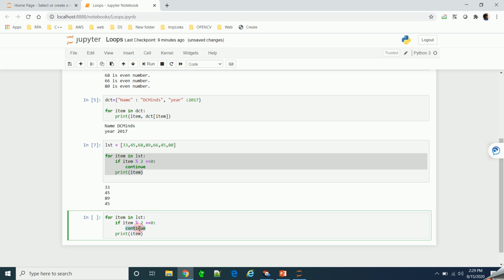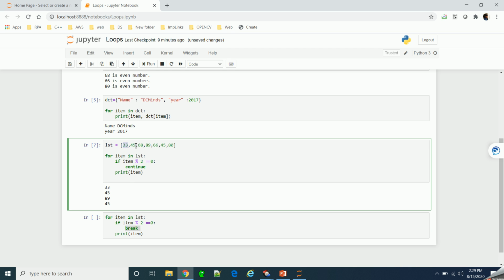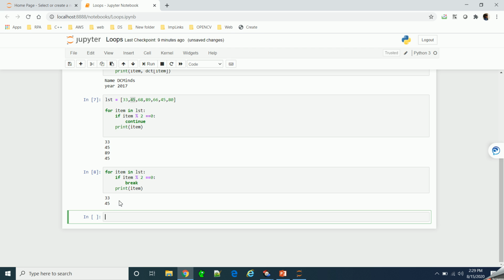So basically, if I find an even number, I want to stop the printing of elements. So in this case I'll say break. My expectation is that I should get the output 33, 45, and then it should stop. Let's see what is happening. Okay, so here we are getting 33 and 45.